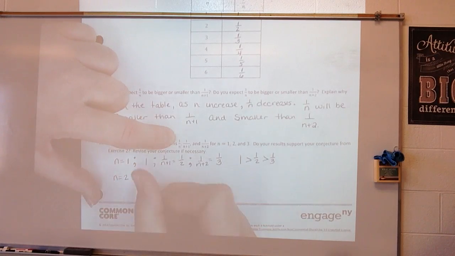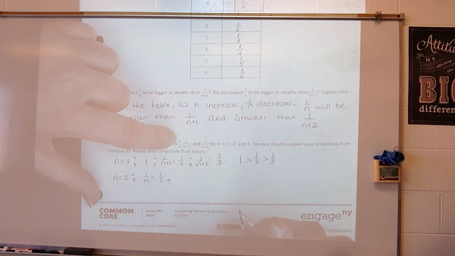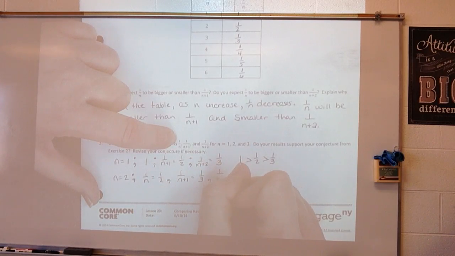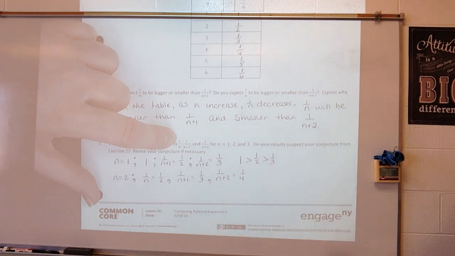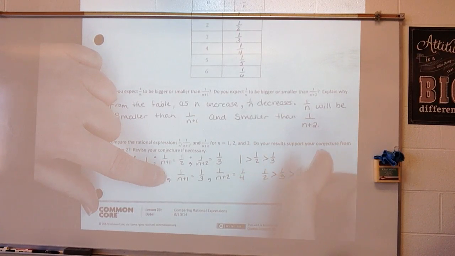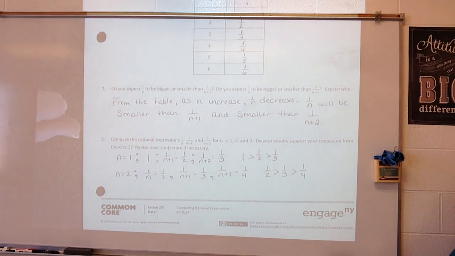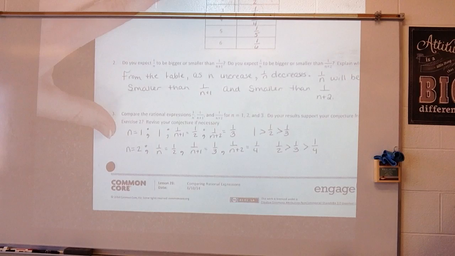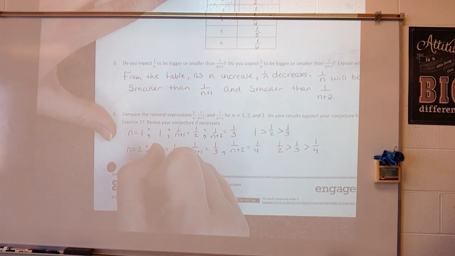All right, so 1 over n would give me 1/2. 1 over n plus 1 would give me 1/3. And 1 over n plus 2 would give me 1/4. So 1/2 is greater than 1/3, which is greater than 1/4. All right? And then for n is equal to 3,